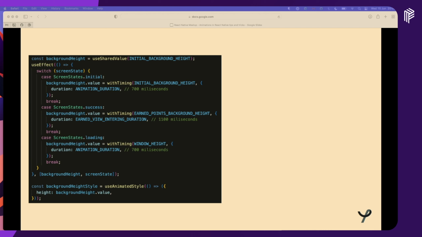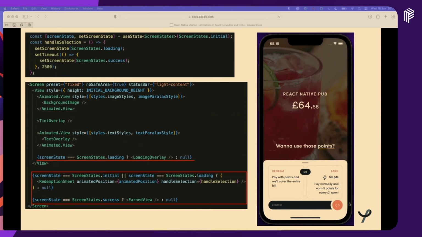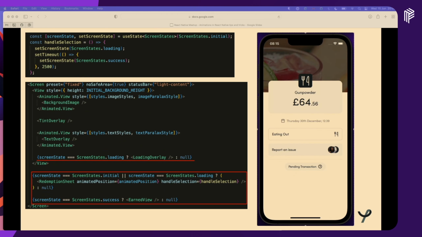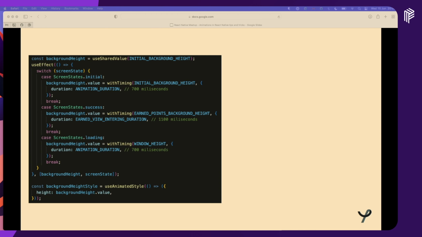So my tip is generally try to find a common denominator between all these screens and states, between all the moving parts, and try to work around this common component. In this case, we have seen the background image being the common part between all the states. So here in the code,